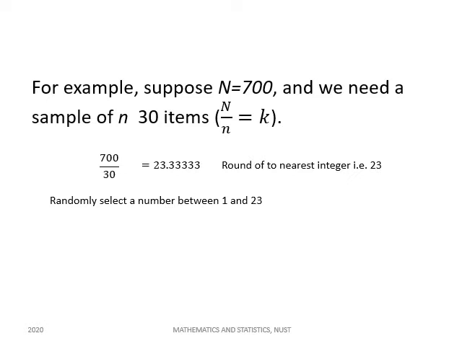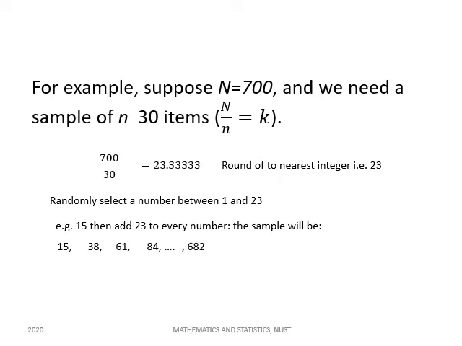So let's say I do that, and then I pick the number 15. After I've picked the number 15, I will then pick every 23rd number after that. So my first number is 15, which I got from picking a number between 1 and 23. Then to get the next one after 15, I just keep adding the k value. So this is my k value over here. I started with 15, then I'll have 38, and then I'll have 61, 84, and then I continue until